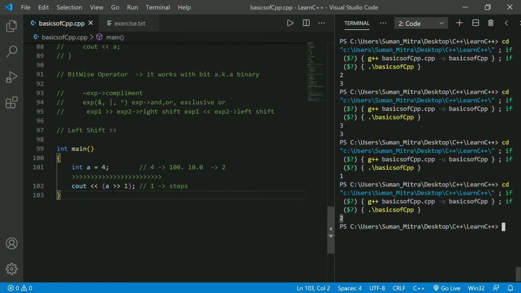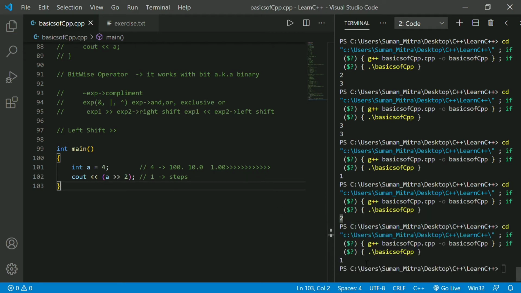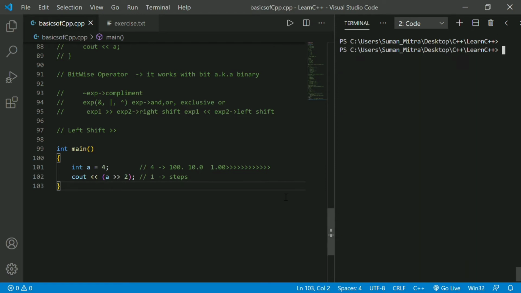Here it's 2. Now if you move 2 steps, if you write 2 here, then you move 1 step, and once more one more step, then it will be 1 0 0. Okay, let's write it here. So we move 1 step, and again 1 more step. See, we moved 2 steps. After the point we have two digits that were with the 1. So now what remains? 1. If you run this, you can see that 1 is the answer. So I hope you got an idea how to do left shift.